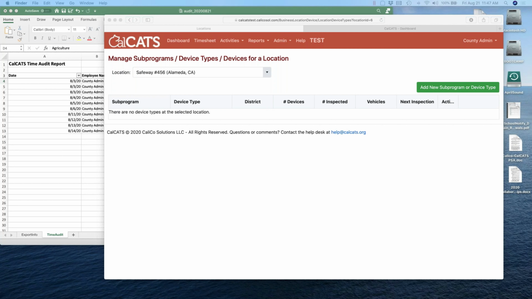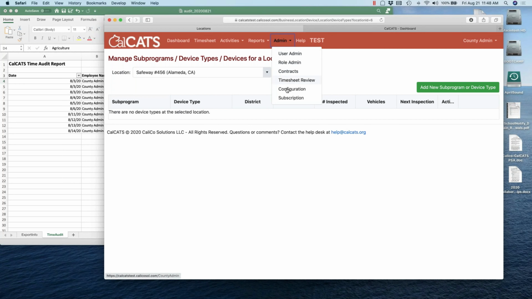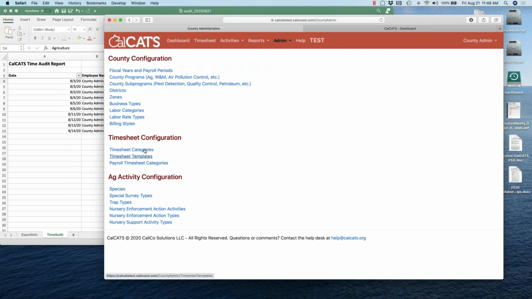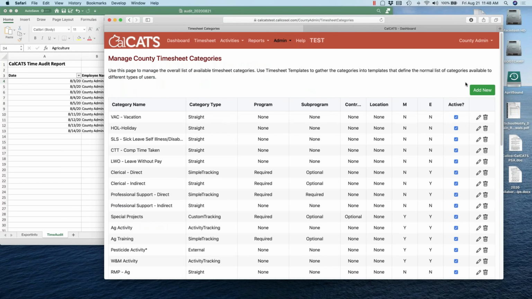Here's what I want to happen with cannabis. Right now, everyone has different cannabis reporting requirements. I know the state is working towards having a standard statewide contract report, but we're not there yet. So right now, my preference is to have cannabis set up as a custom timesheet category using the custom form builder, so that if we were to build a cannabis row in here,